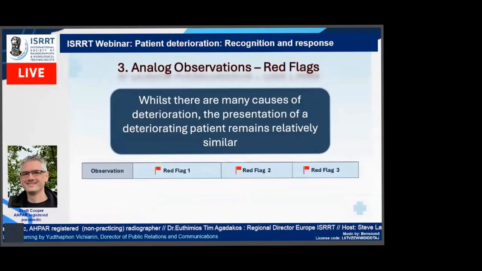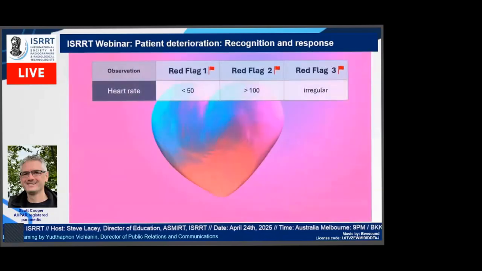So red flags are obviously clinical indicators that are of concern, and one of the best things about patient deterioration monitoring is that they're fairly similar across the board, and we don't need to be able to specifically diagnose something, but we do need to be able to recognise red clinical flags so that we can say that the patient may be deteriorating. And if we start with the heart rate, what we're looking for is either a pulse rate below 50, a heart rate above 100, or if the pulse is irregular. We're not saying that these are indicators of definite deterioration, but they are potential red flags that, when put in context of the patient's presentation, may or may not indicate deterioration.